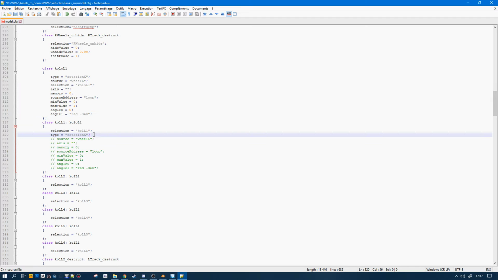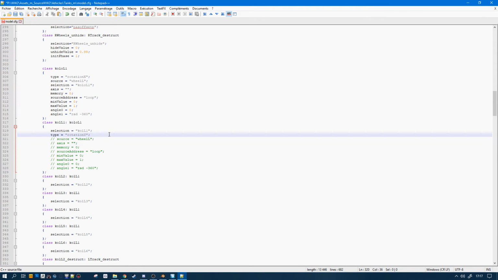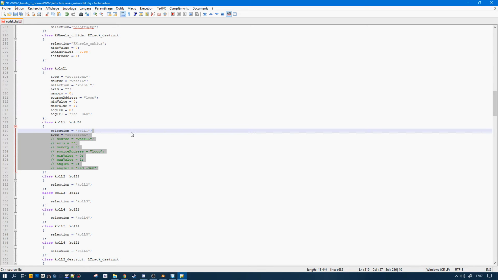If I want here to change rotation Y, it's going to overwrite the value of the mother class or father class, I don't know, of the parent class. And if I don't change it, it's going to inherit by itself. If I set the same, it's useless because it's already inheriting. You don't have necessarily to write it.